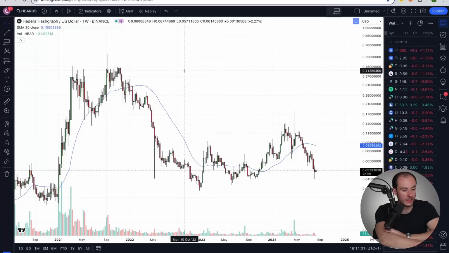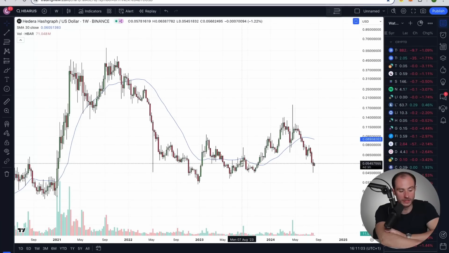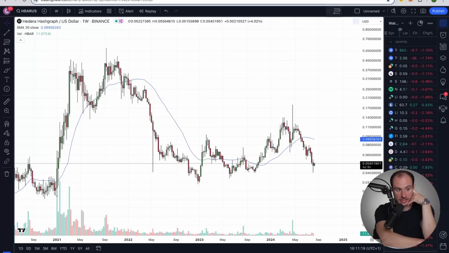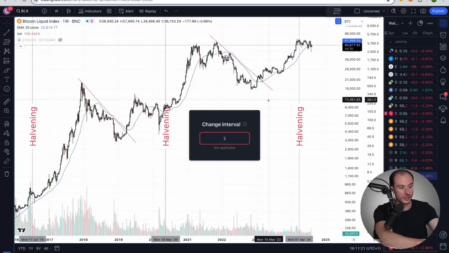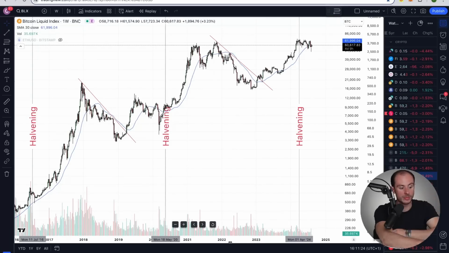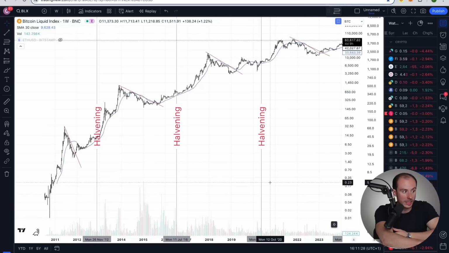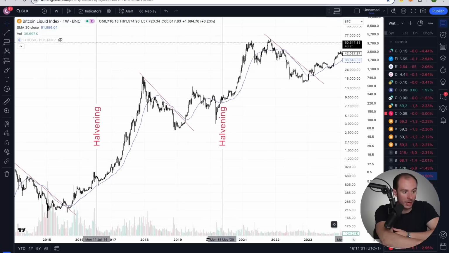So if we dive back to the HBAR chart, I do believe this is very much your basing range, your accumulation, your phase 1, whatever you want to call it, where smart money is accumulating. And yes, I believe you guys are on the side of smart money. Retail largely isn't involved in the cryptocurrency space right now. In fact, we played a very interesting clip to bring us on to our next topic of Eric Balchunas, who was talking about where he believes Bitcoin price would be without the ETFs, given where we kind of are cyclically. And if you look at where we typically are around a halving, which we've just had, it's nowhere near new all-time highs.